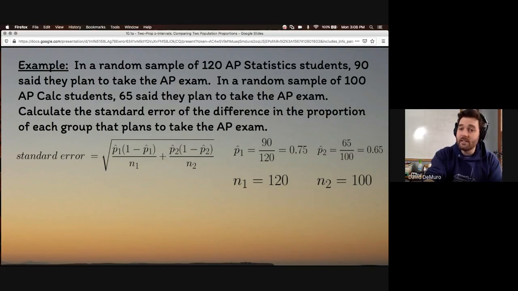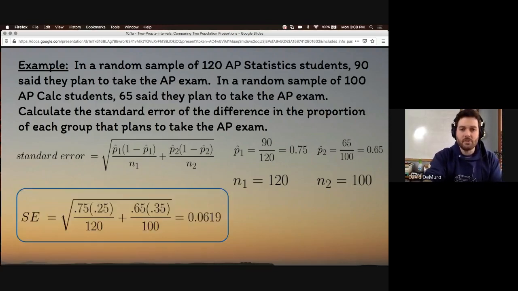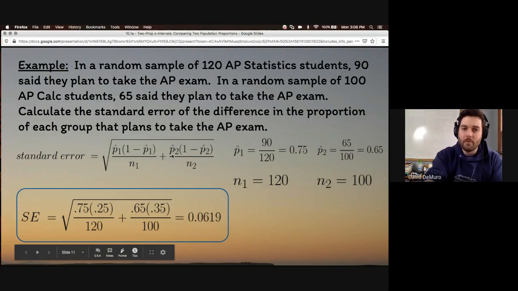It is okay that these sample sizes don't match each other. We can run the confidence interval either way, whether the samples match or not. So when we substitute in the parts that we know, p hat 1 is 0.75, 1 minus p hat 1 then is 0.25 over that sample size 120. Plus, for calc students, p hat 2 is 0.65, 1 minus p hat 2 is 0.35 over the 100 calc students. And so calculating that whole standard error gives us